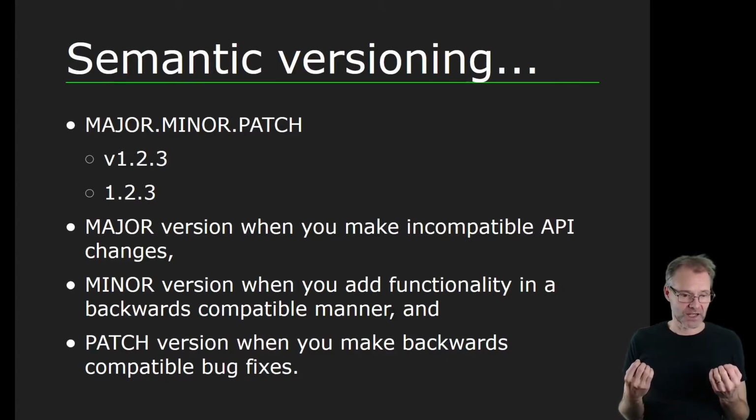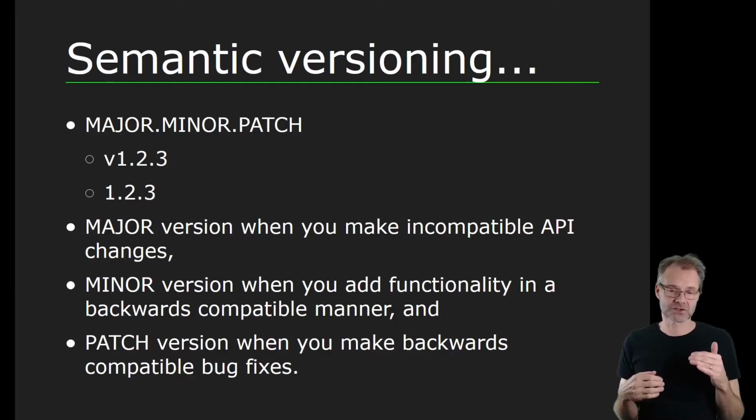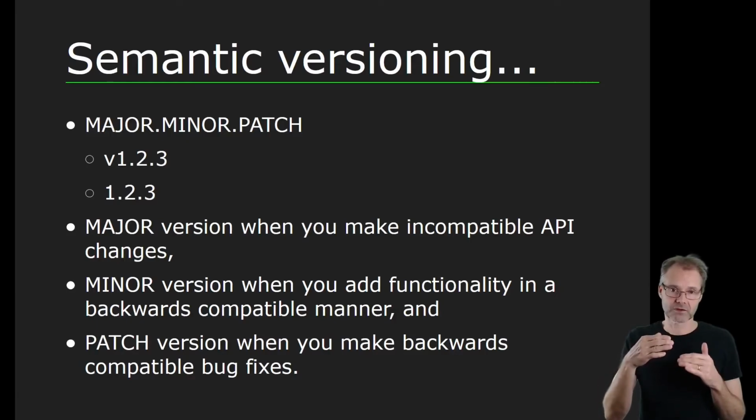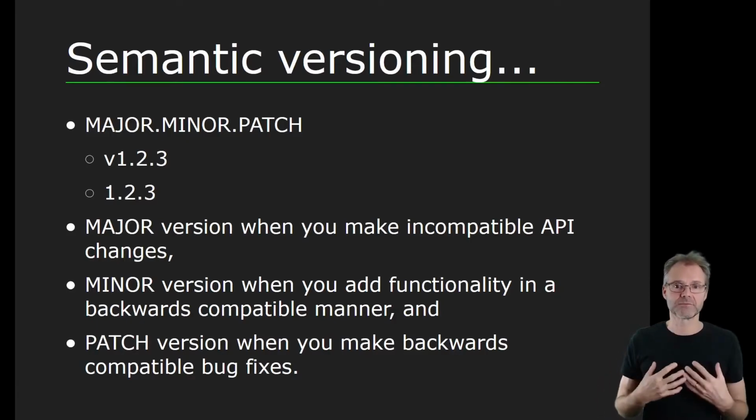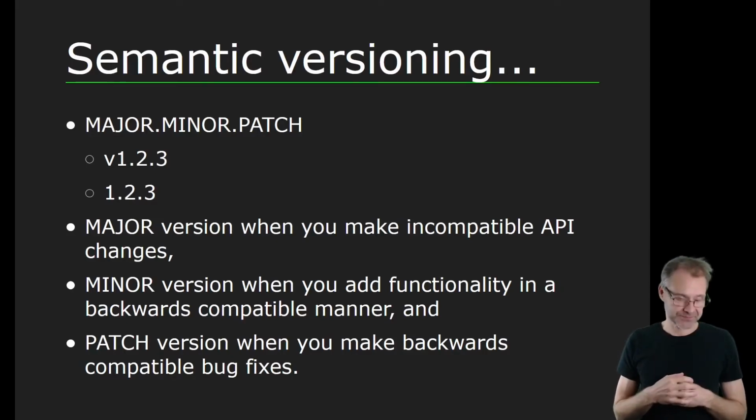So we have here major, minor, patch, relating to these figures. When we do a major version change, going from version 1 to 2, or from 2 to 3, that means it's a major version and it doesn't need to be backward compatible. So the API might change. It's a large change.